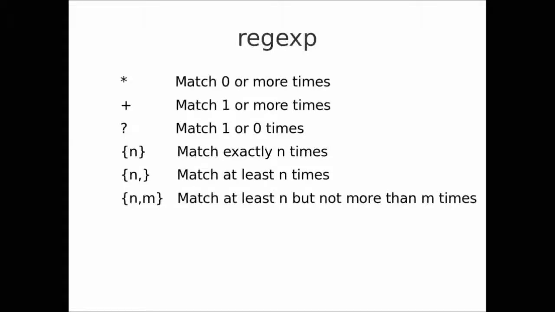And then we can use numbers within curly brackets to indicate the number of times that we should match. So a single number within curly brackets means match exactly that number of times. A single number followed by a comma means match at least that number of times. And then two numbers, n and m, separated by a comma means match at least n times, but not more than m times. So the idea is that if we want to match between 1 and 10 times, we can match,